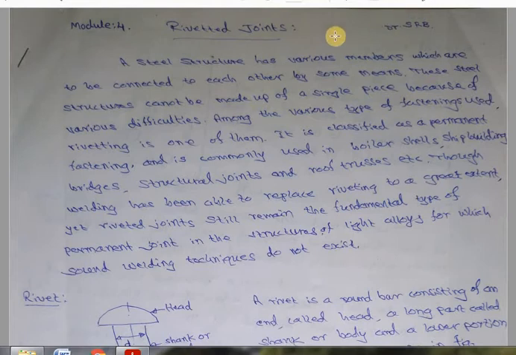I am Dr. S.R. Basavareddy, presenting you the Design of Machine Elements 1 on module number 4. There are two chapters in this module: the riveted joint and the welded joint. These two joints are called permanent types of joints. Students have heard many times about a riveted joint and a welded joint, which we have also done possibly in the first year course regarding welding.